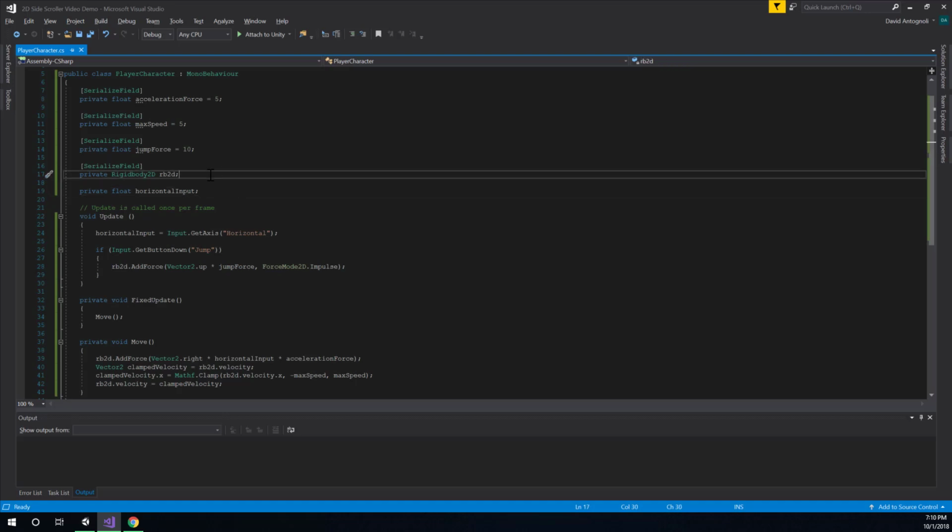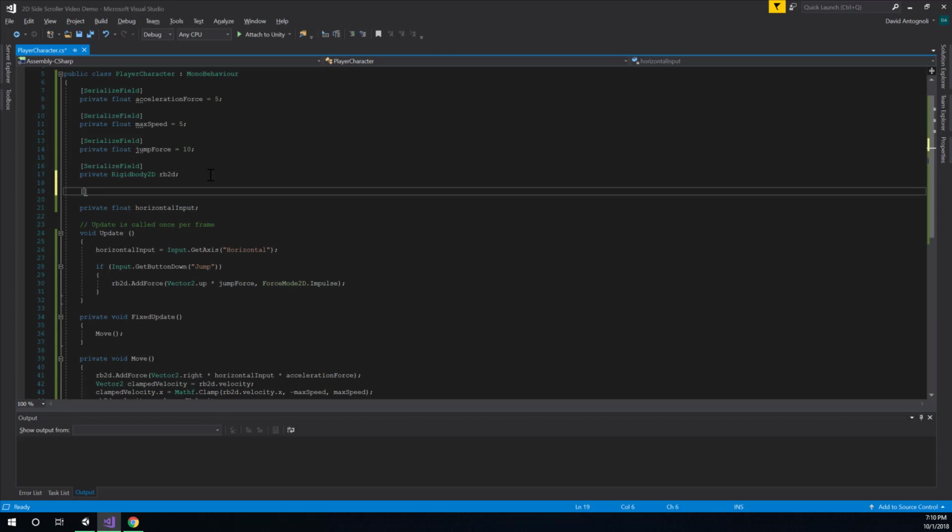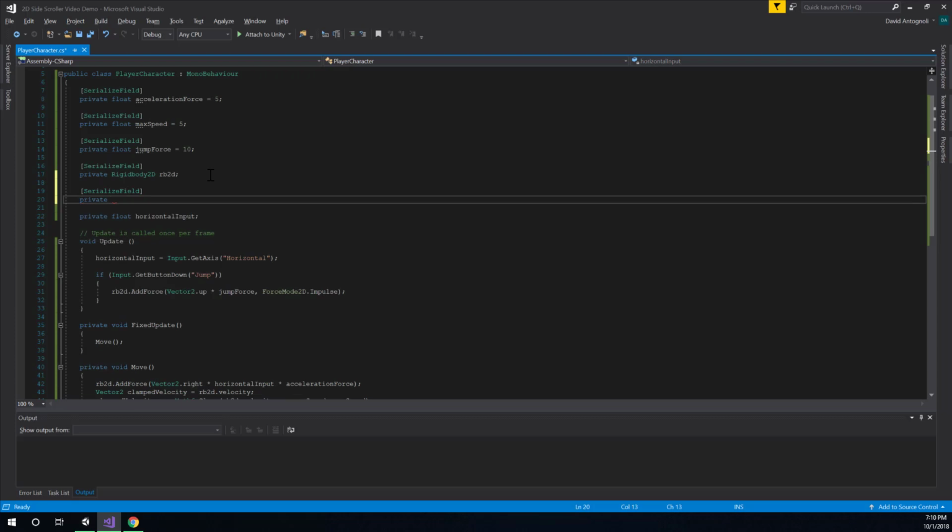So I think an easy way to set this up is to make another serialized field, and it will be private. ContactFilter2D is the type of the variable we're going to make, and we'll name it something that indicates this is what we're going to use to filter out ground. So we'll call it ground contact filter. That looks good. So if we were to save this and go back to the Unity editor,